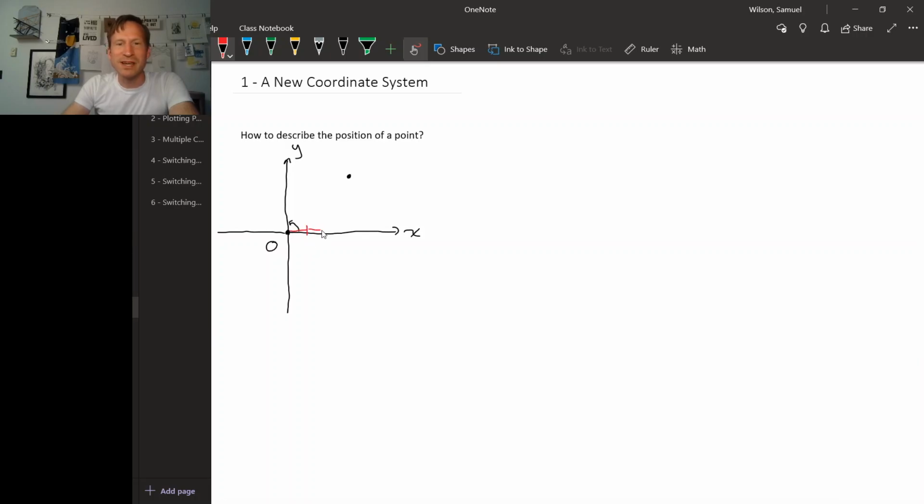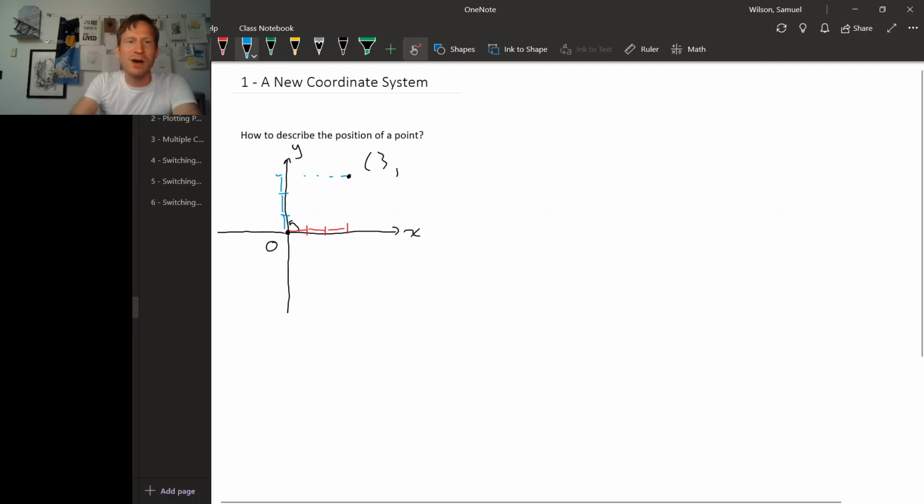Then to determine the coordinates of this point, we decide on what length counts as a unit length, and then we see how many units over that point is, and that becomes the x-coordinate of the point. So this point would have x-coordinate 3. And then we take that same yardstick, or that same unit length, and measure how far up that point is, or down. And that tells us the y-coordinate of the point. So this point would also have